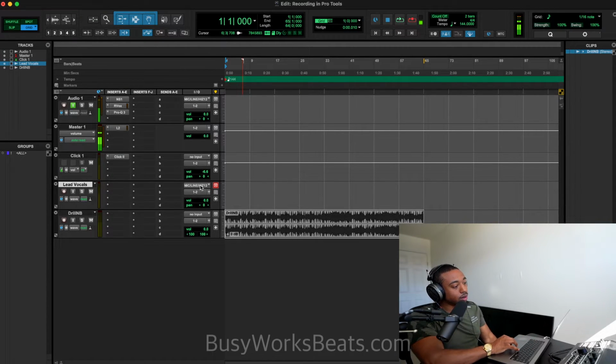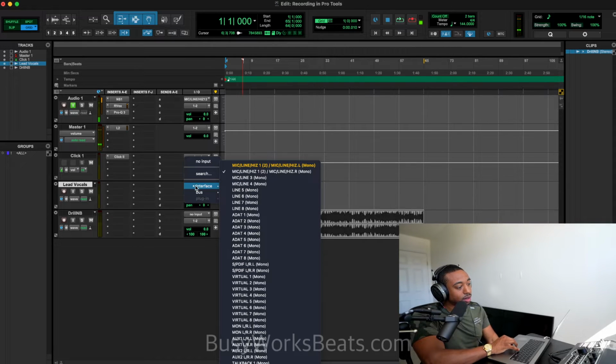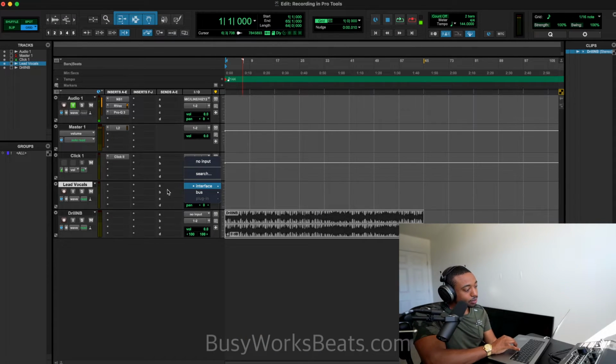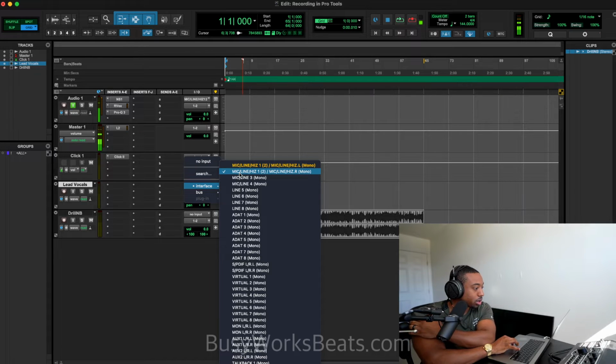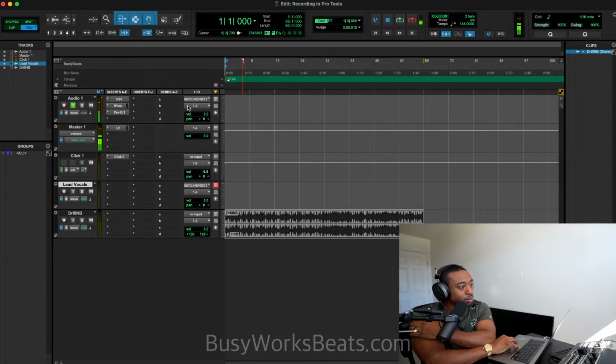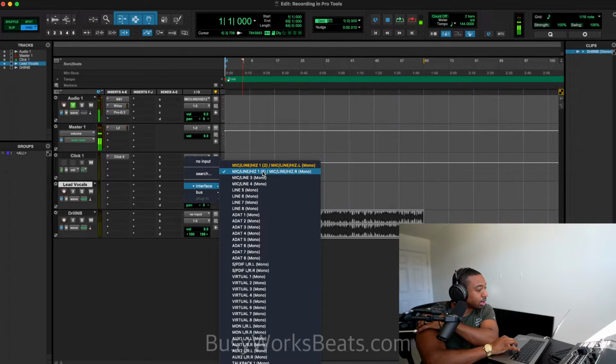So let's click over where it says here, this is your interface, okay, or your input, I should say. Now my interface has a bunch of inputs. Yours may be completely different. My microphone is plugged into the first input into my interface, but I'm going to use a different microphone because I have two microphones plugged up. We're going to use mic 2 in this case because mic 1 I'm using for this tutorial recording. I don't know why I can't speak today. So click here. We're going to go to interface number 2, and that will be our second mic.